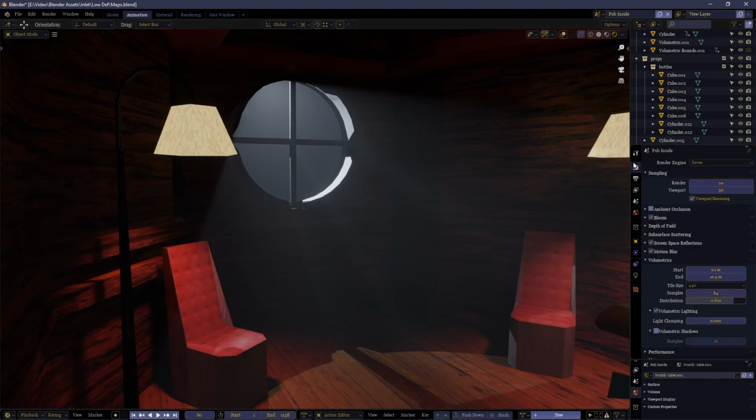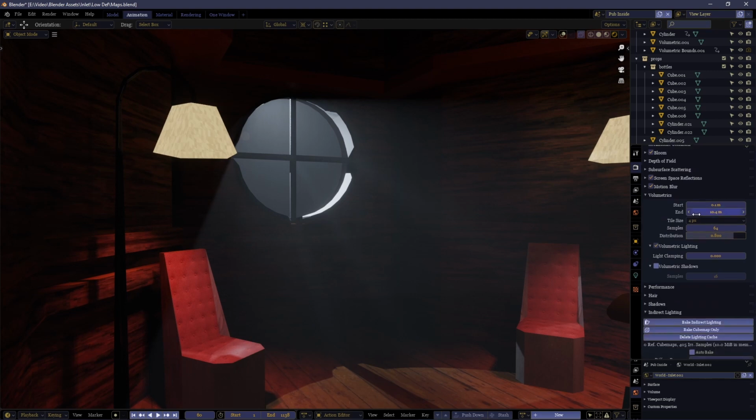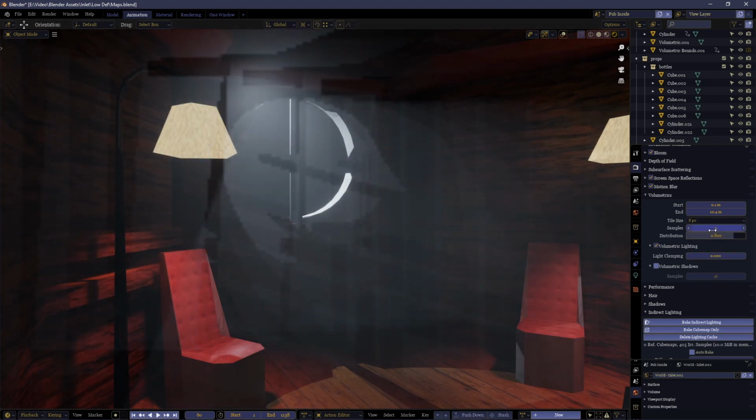Beyond that, what I suggest doing, under the volumetric settings, as we mentioned before, the important ones to note are the tile size and the samples. Now, a smaller tile size and a larger sample size are what gives a higher quality render. And as I said about being the same as samples, it depends on what your scene needs. For here, we can see that we've got this nice kind of lightness and darkness, which would be lost or would look bad if the settings were put up higher. Well, there you can see that.